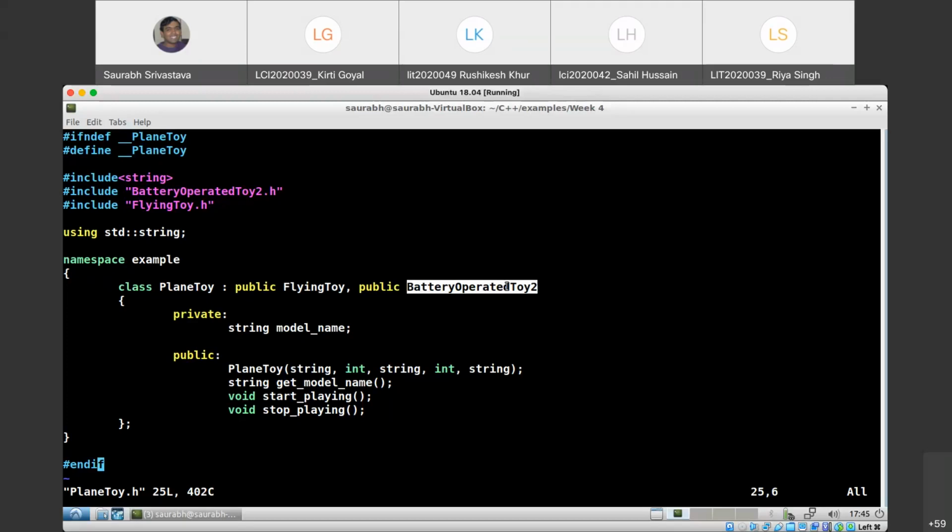So let us for a moment forget that flying toy and battery operated toy are also inheriting from the toy class, because the moment we go to that level, we'll understand that this is